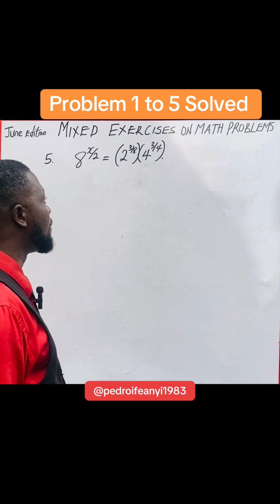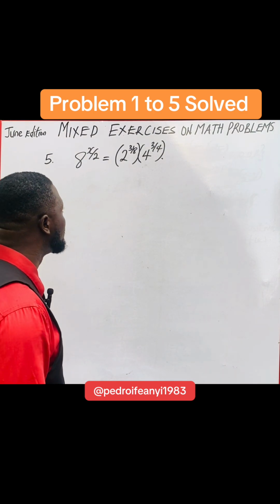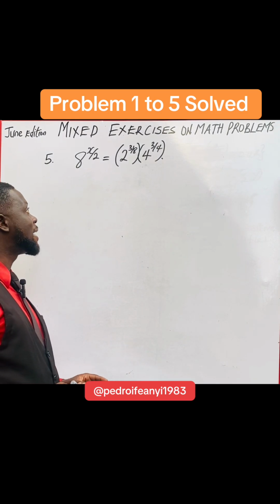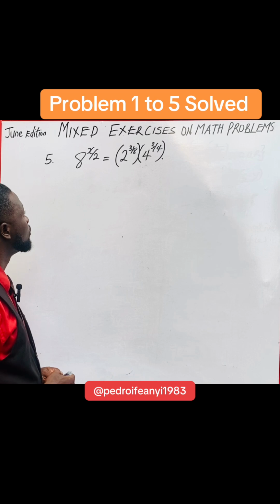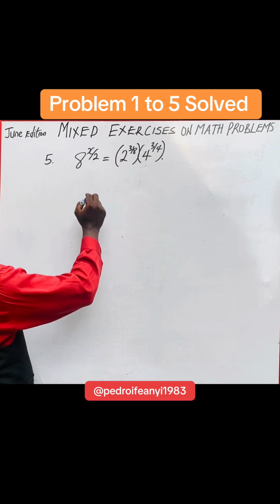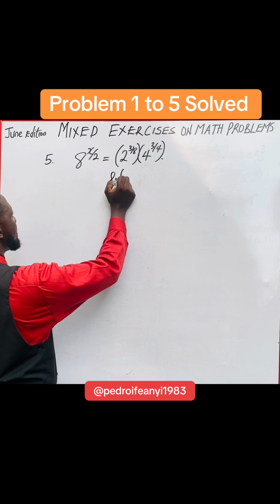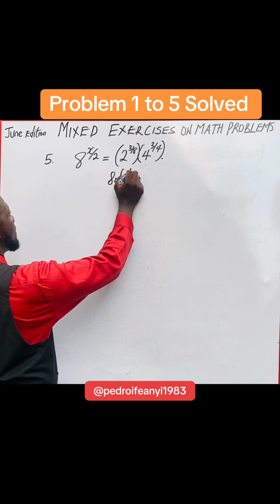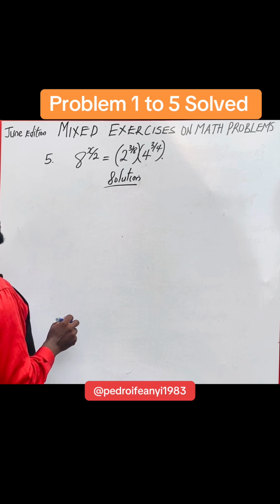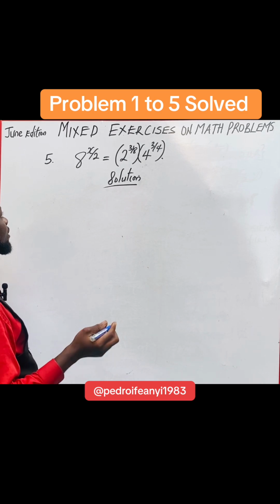All right, let's check question 5. Question 5 is a very easy one. Most of my candidates got this. So let's see it. Solution. The question says to find the value of x. So quickly,